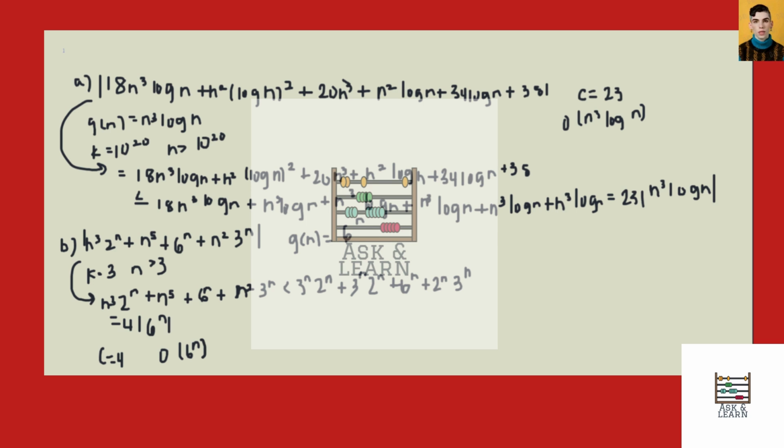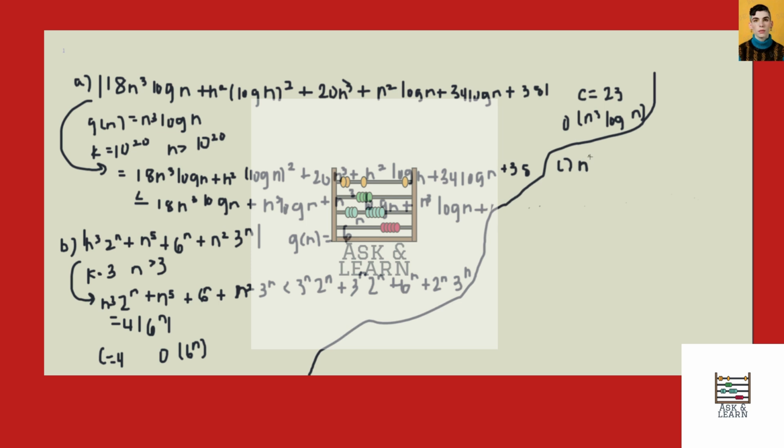Finally, we have C. I'll erase this part here to make some room. Okay, so for part C, we are given f of n. We're going to use the distributive property, and we get n to the n factorial plus n times 2 to the n factorial plus 5 to the n factorial